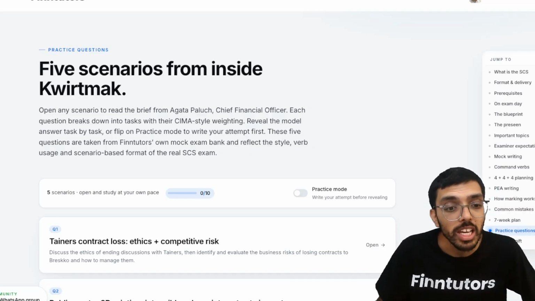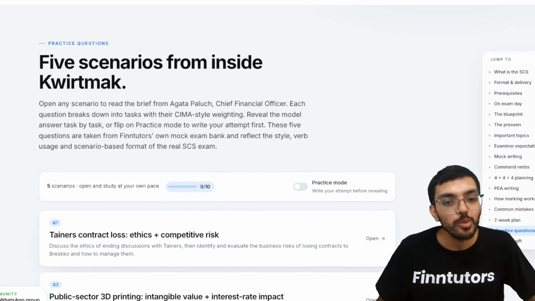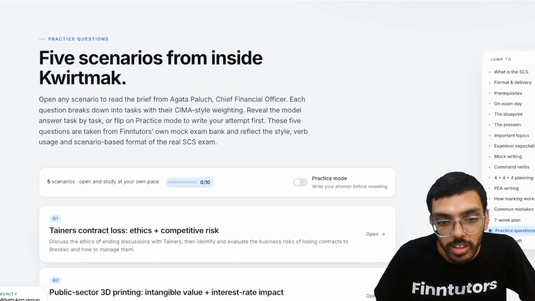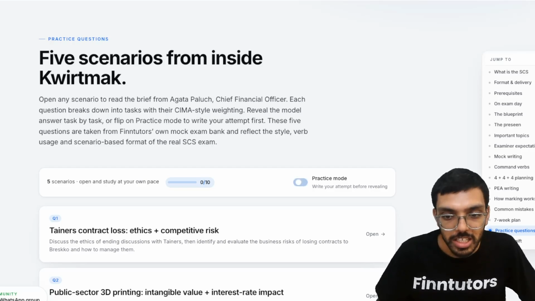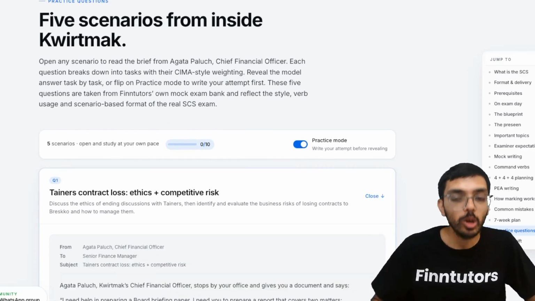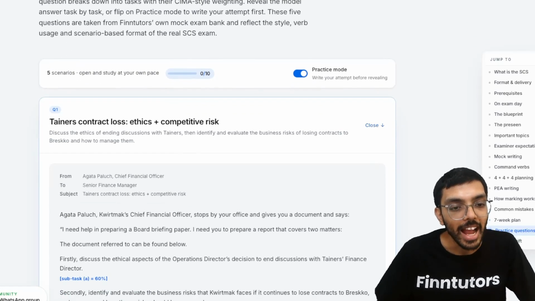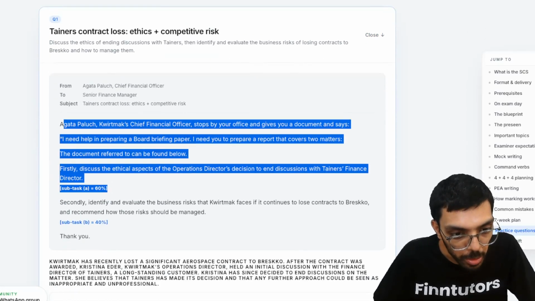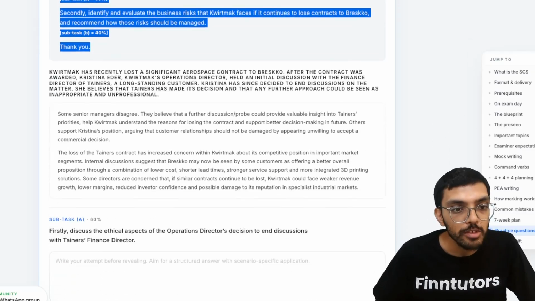We are actually helping you practice because we have practice mode available for you. Let's toggle it on, and when you click on the practice mode, it actually raises the question for you. It gives you the reference material,